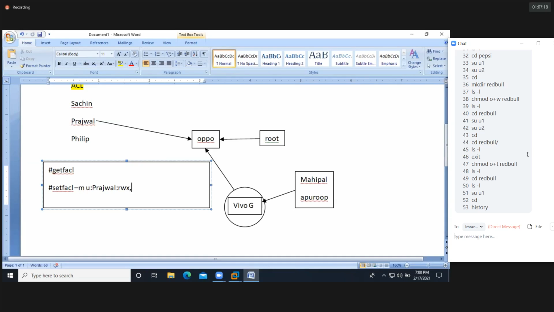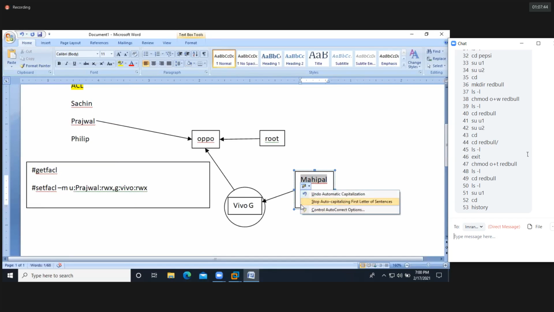Comma. I need to provide the permission for the group. g colon, group name Vivo, colon rwx. Now I provide full permission for the group called Vivo, and automatically Mahipal and Apru both have full permission because these two people are members of the Vivo group.